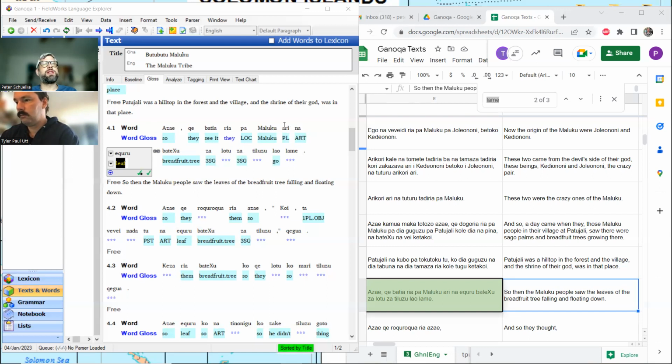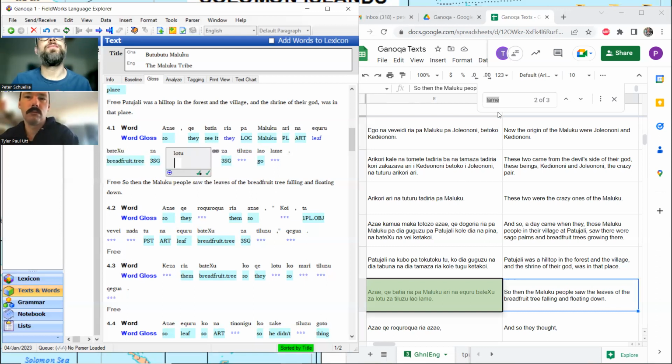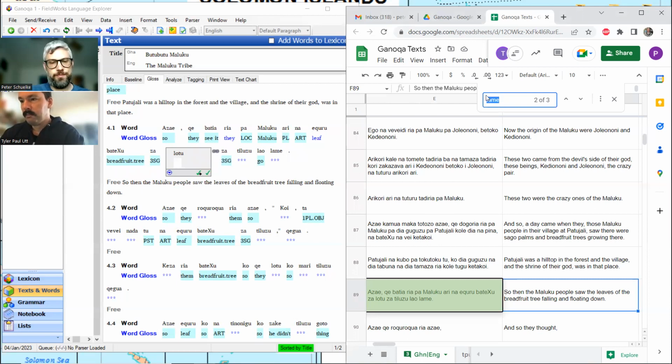So we would call this like an article complex. Adi na is one thing indicating plurality. Maybe it's two things. It's like agglutinative a bit. It could be two separate words, could be fused in real life. We don't know. Hard to tell. So Tiluzu, we feel pretty confident that means float. And for Lotu, we feel pretty confident it means fall. I'm thinking, yes, falling and dropping, something of that nature, because we saw it a couple times.